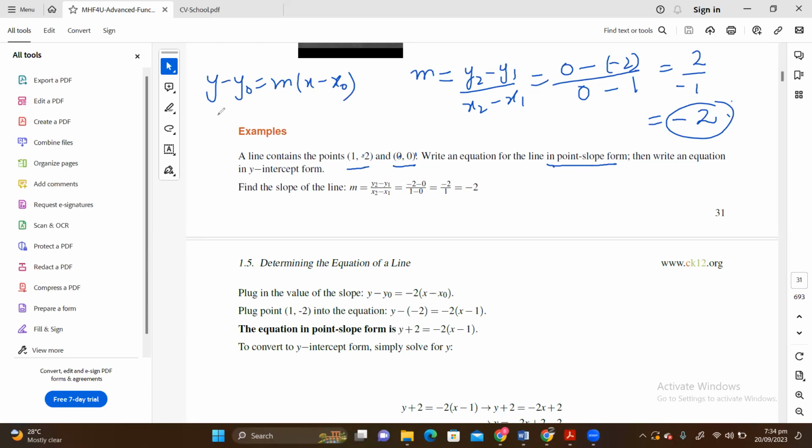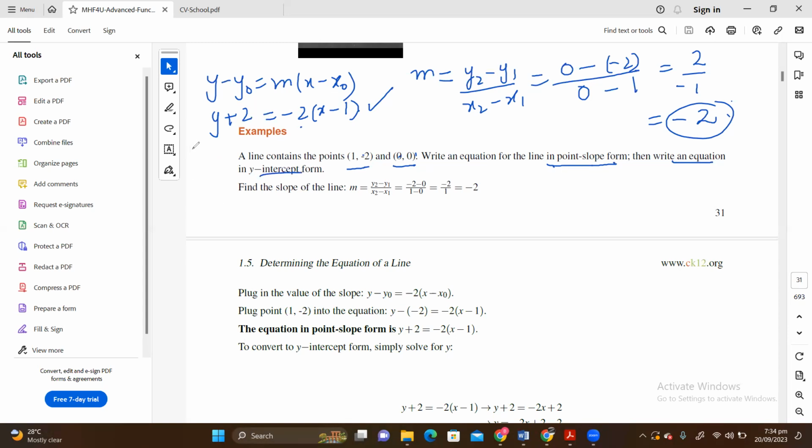So y minus minus 2, and then m, which is minus 2, and then bracket x minus 1. So y plus 2 is equal to minus 2 times bracket x minus 1. So if we are done with the point slope form, now we need to write an equation in the